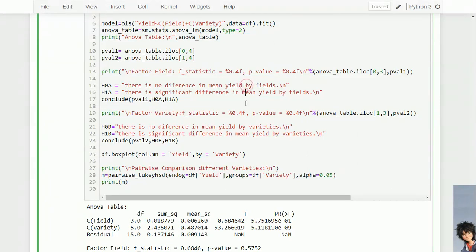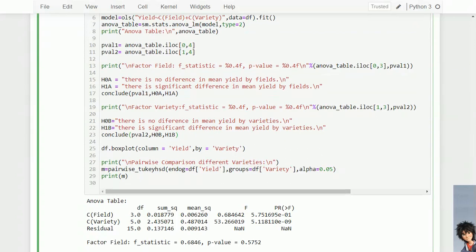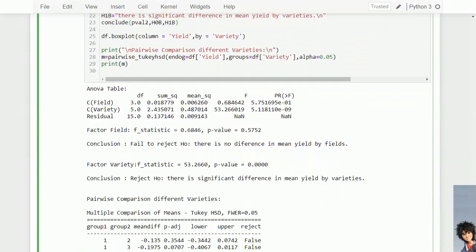Here are the null hypothesis conclusions. Let's check the box plot for variety, and let's check the assumptions and the conclusion. Fail to reject H0, there is no significant difference in mean yields by the fields. So there is no need to check Tukey's test for the mean yields by the fields.